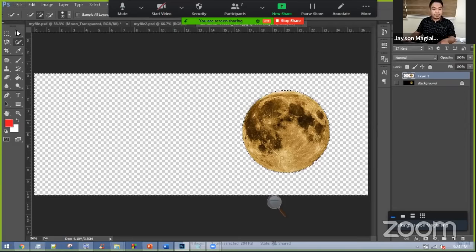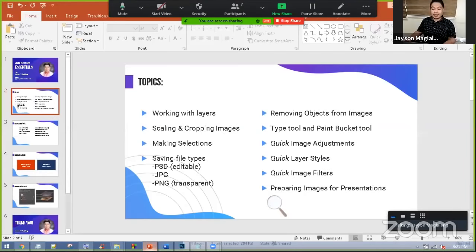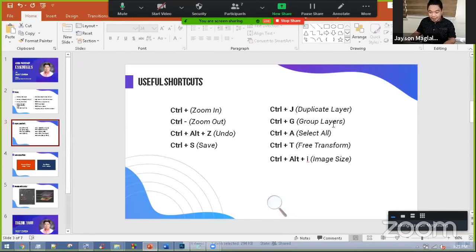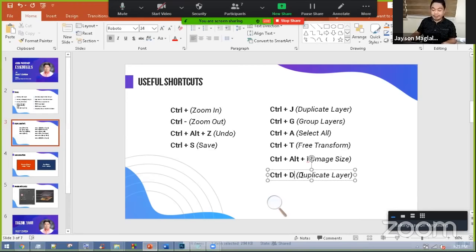Then Control D. Control D po yung deselect. I'm not sure if I have added that sa ating selection. Let me add it. Control D. Deselect. So let's say mali po yung selection natin and gusto natin ulitin yung selection, just hit